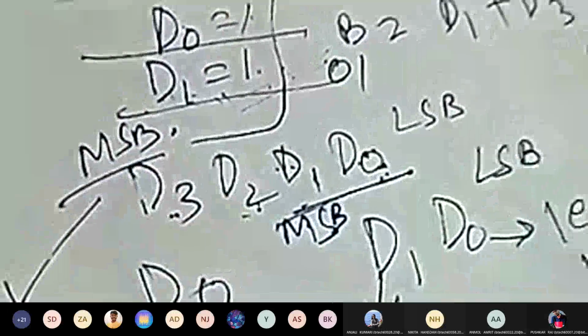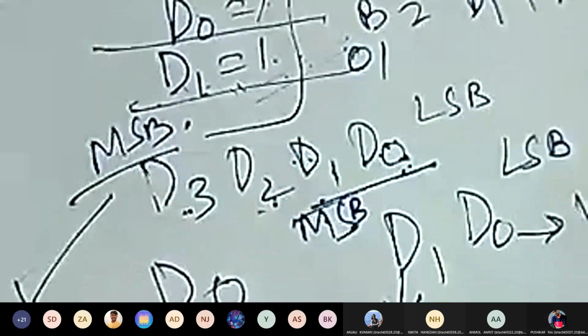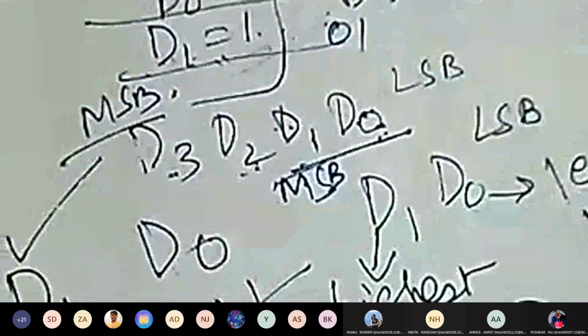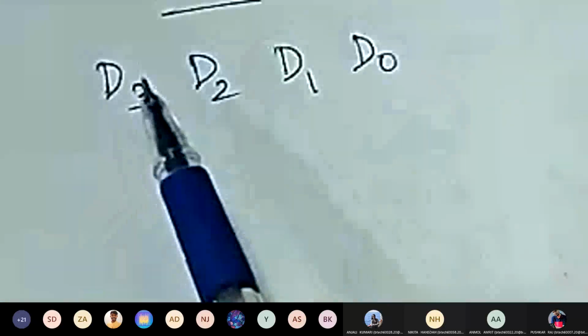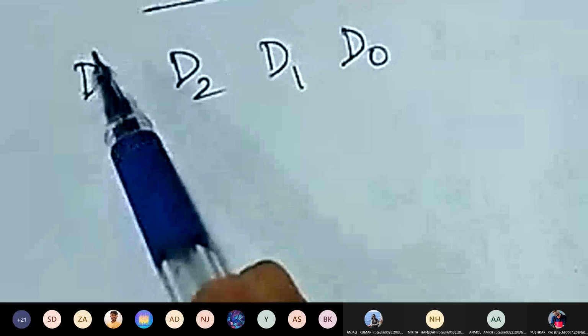So you have solved the problem where D0 is also there and D3 is also there. What will be the output? Obviously, we will see the priority and then we will get the output. This is the main gist behind the priority encoder. Now, how will we solve this one? Suppose I'm taking the truth table again for the priority encoder. I'll be writing D3, D2, D1 and D0. Dear students, always remember that the most significant bit we write first, then less than this, then less than this, and that will become the least significant.